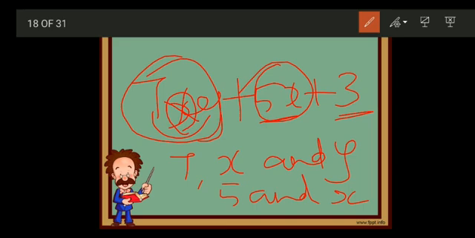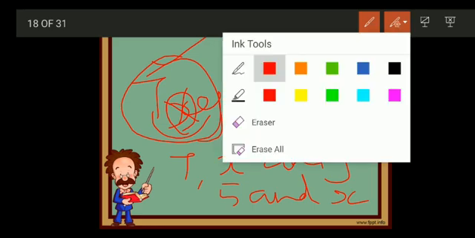What is the numerical coefficient in the term 7xy? It is the number in the term, right? So the numerical coefficient of 7xy is 7. When you consider 5x, what is the coefficient of x? We have only one coefficient for x in the term 5x, that is 5. And 5 is the numerical coefficient. So this is just to recall what is term, coefficient, factors of a term. Okay, so now we'll move to today's discussion.